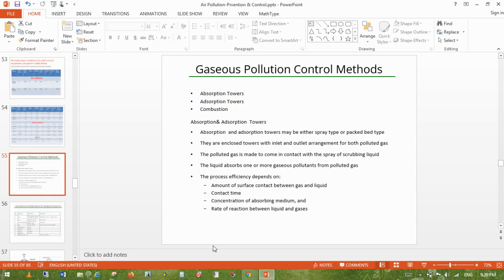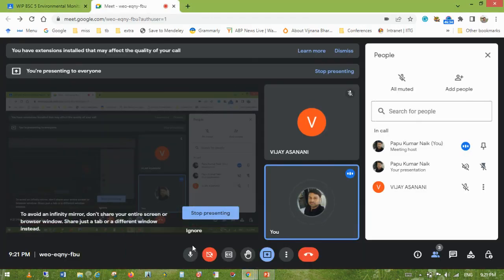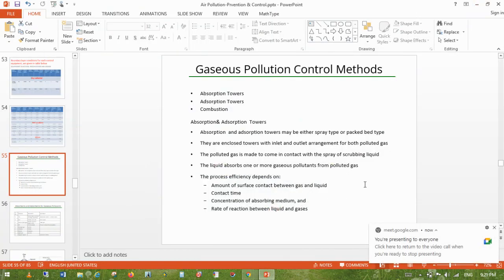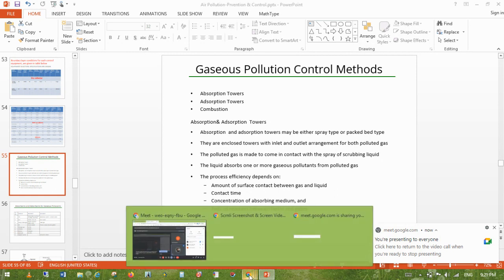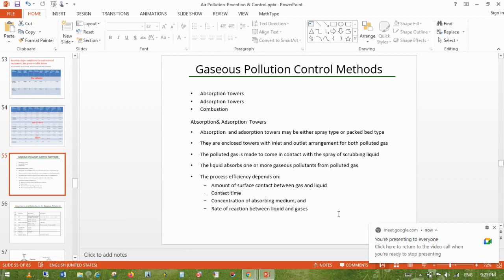So next we have to go. This is up to this. The dry and wet mechanism is used for gas, for a gas pollutant having particulate matter in it. For particulate matter only, these wet collectors and dry collectors are used. But in case of gaseous pollutants, we have studied in the previous